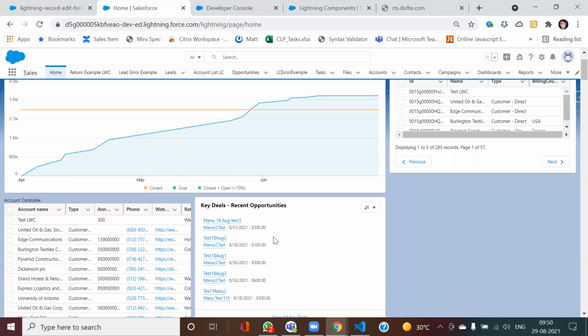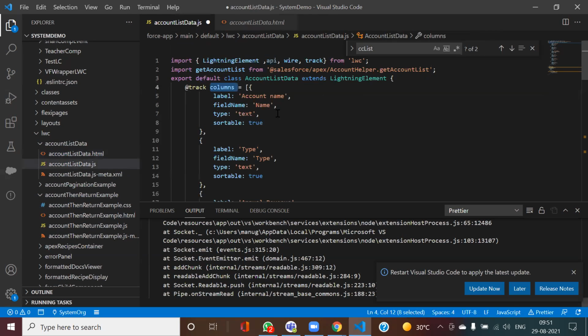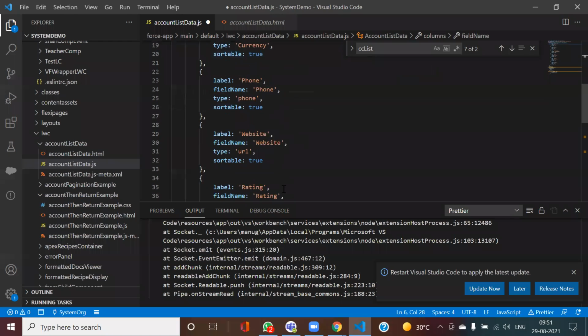So how is that done? Those are generally stored in your columns property. And if you check this attribute in the Salesforce documentation, columns specifies label, field name, type, and sortable. These are all the properties it specifies. Here in the label, I have written account name. Field name is which field's data I want to display. Type can be text, currency, phone, all of these.